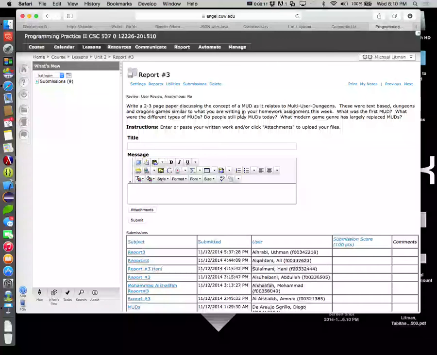I gotta wait for the coffee. This is actually thick. It's like a syrup. Wait for the coffee tea mixture to start kicking in. So